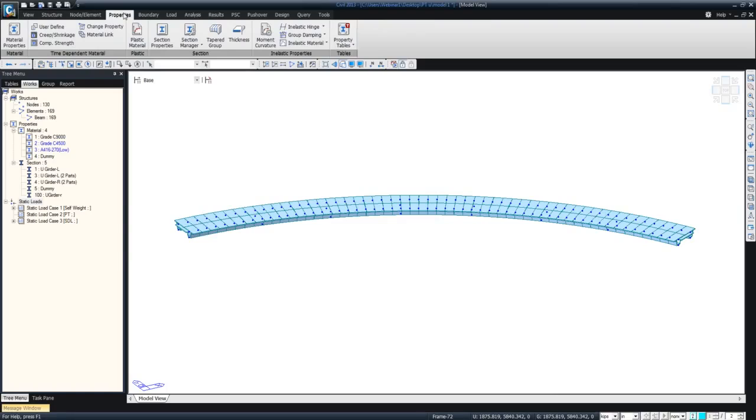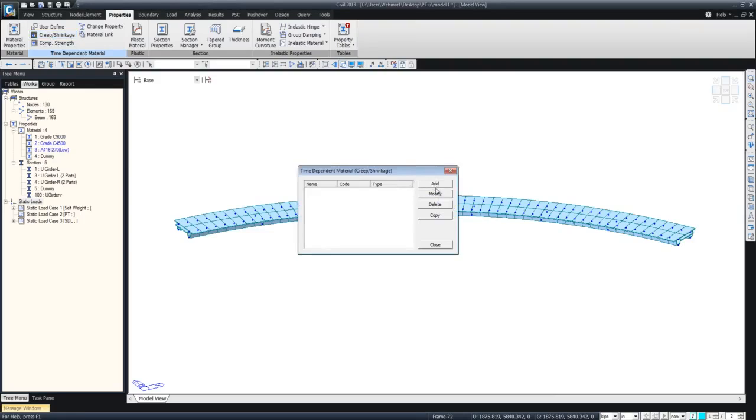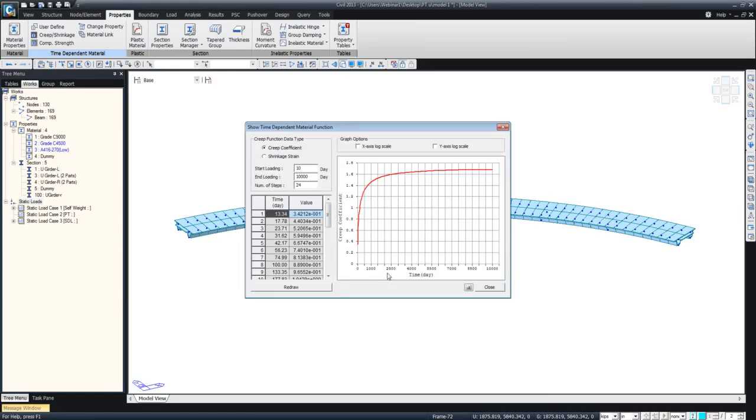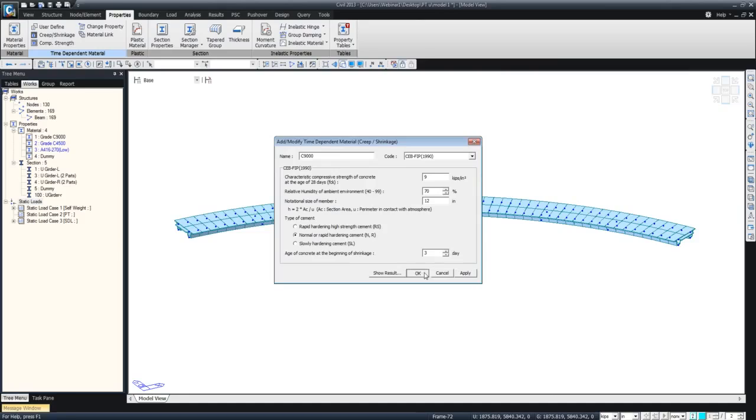Now I'll define the material property. So I'll go to the properties again, and here you can see time dependent material, where you can select creep and shrinkage, click add here, enter the name of the material property you want to define. You can select the code. We'll be using CEB-FIP 1990, and this concrete is 9 KSI grade concrete, and the notional size I'm defining it as 12. Now the program is intelligent enough to compute the notional size of each and every member of this composite section and analyze it. If you click on show results, you can see the graph, and then click